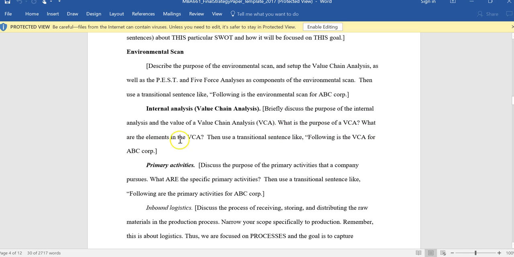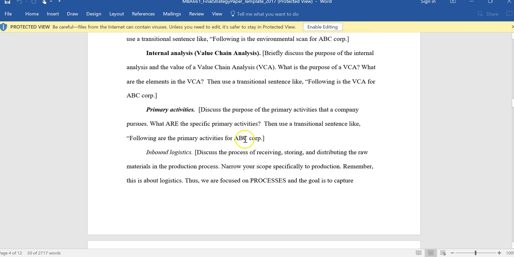And then you say, these are the elements of the value chain analysis, primary and secondary activities. Following is the value chain for ABC Corp. See, we're hammering down, we're just nailing down, we're drilling down into each of these things. You're going to go primary activities, and we're talking in general. We're talking value chain in general. You're not going to talk about your company here, and you're not even going to talk about your company here,